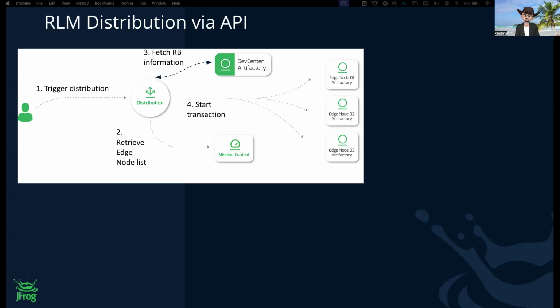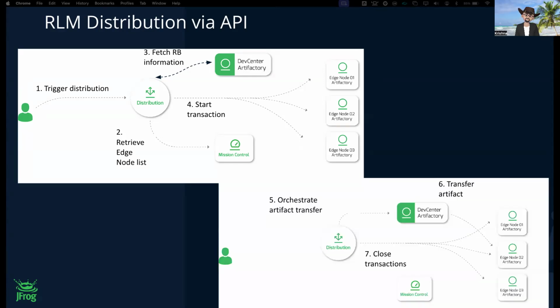The release bundles are encrypted via a GPG private key and sent to edge nodes, which can then decrypt the release bundle and retrieve the hash of each artifact. For JFrog orchestration, the transfer instructs the source Artifactory to send artifacts to the edge nodes, and artifacts are sent via